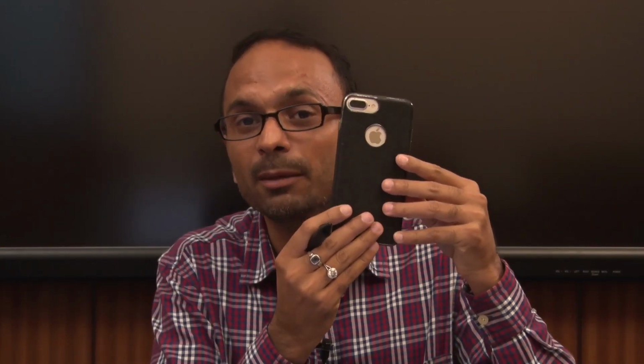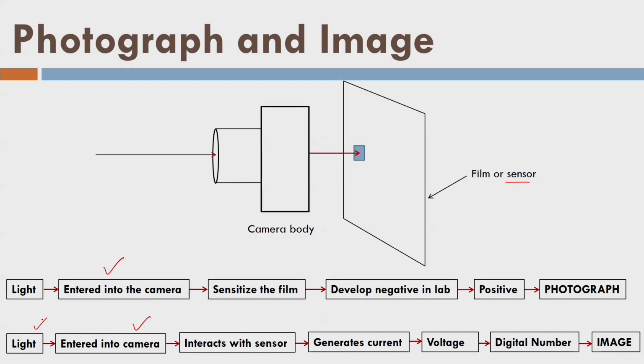Moreover, as on date we are using digital sensors, and one of the digital sensors is mounted in most of the cameras, they are inbuilt now. So, they are basically using this lower process, not the upper process. So, that is why we should use the term image today if you are using a digital sensor or digital camera, right. Let us go ahead.